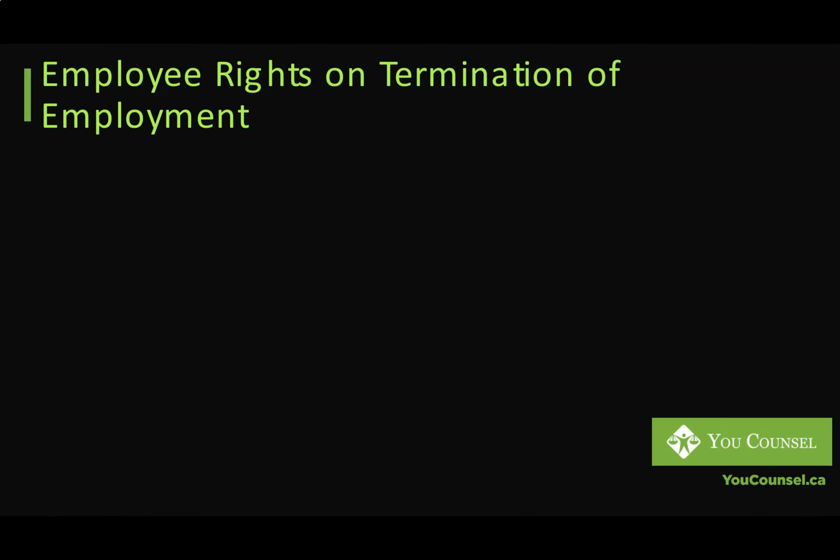Now, if you have watched any of the previous lectures, you have some basic understanding of what an employee's rights are on termination. Fundamentally, the employee's rights are common law rights. Whether an employee is terminated with cause or without cause, the common law rights by default would apply. Now, a without cause termination is essentially a no-fault termination. The employee has done nothing wrong, the employer has just decided to terminate the employee's employment because of a change in their business structure or for any other reason, but nothing to do with the employee's performance or any wrongdoing on the part of the employee.